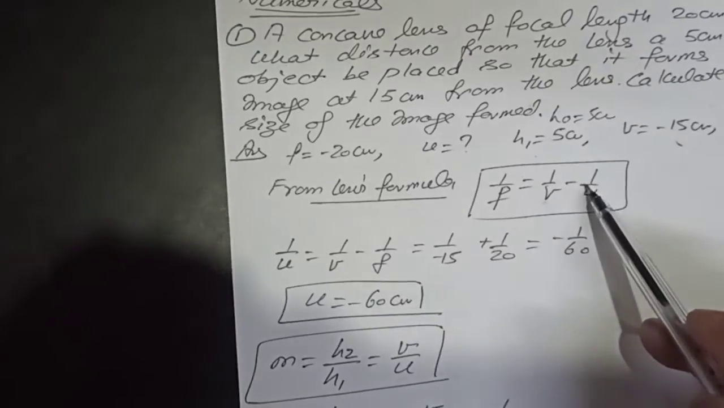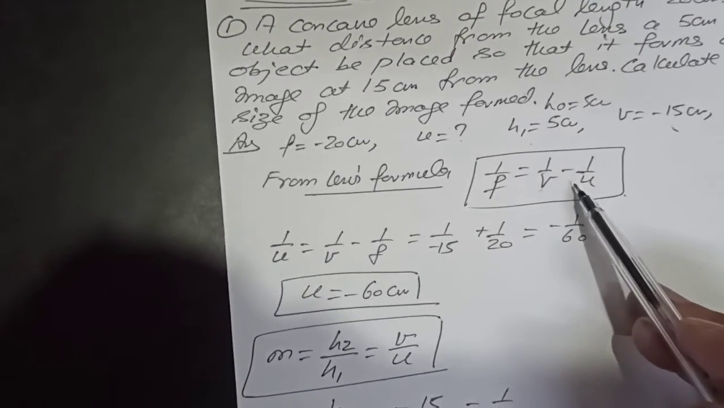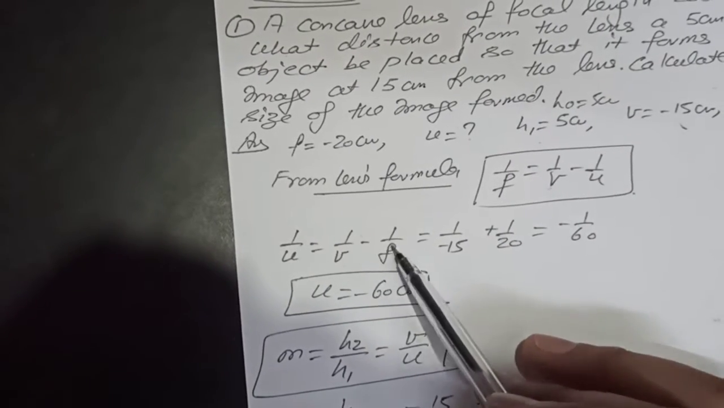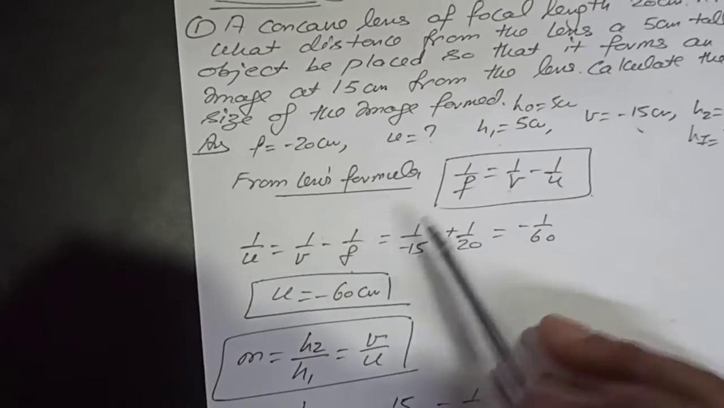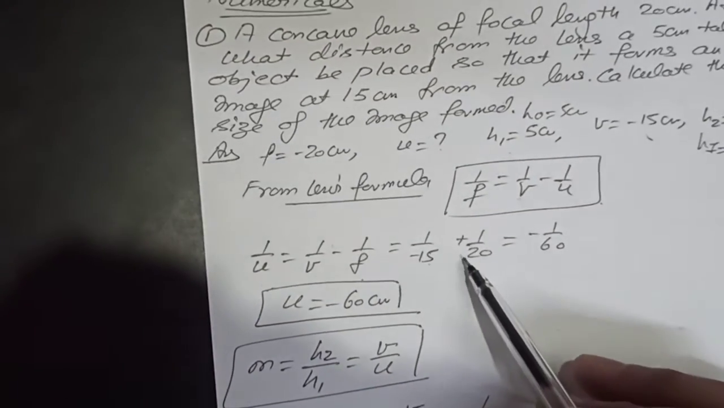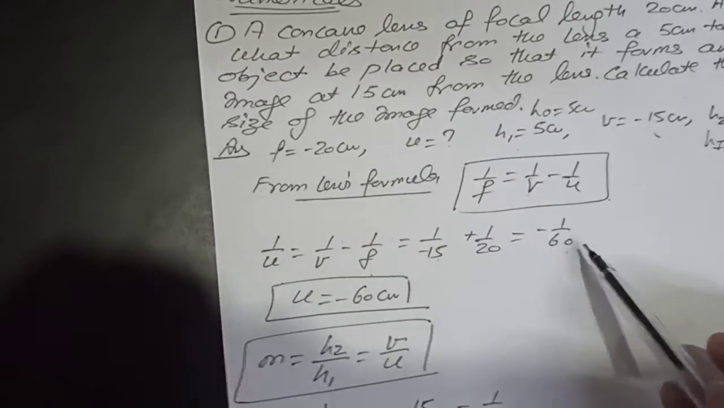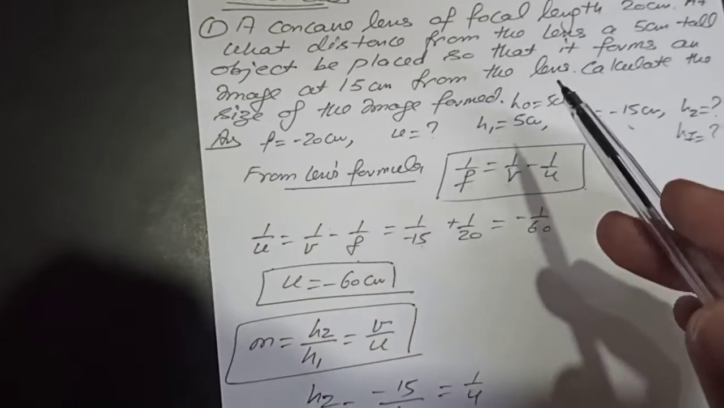From the lens formula, 1 upon f is equal to 1 upon v minus 1 upon u. If it is the mirror formula, we use plus 1 upon v. u we have to calculate: 1 upon u is 1 upon v minus 1 upon f. v is minus 15, that is given. f, the focal length, is given, minus 20. So the LCM is 60, and by calculating, u is minus 60. It means the object is placed at 60 and the image is formed